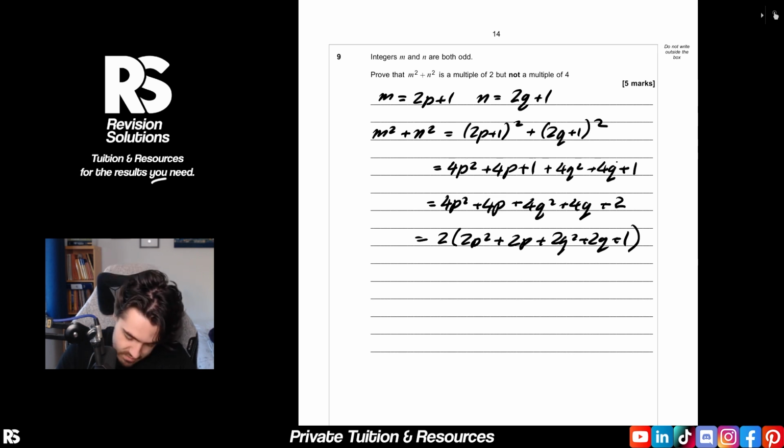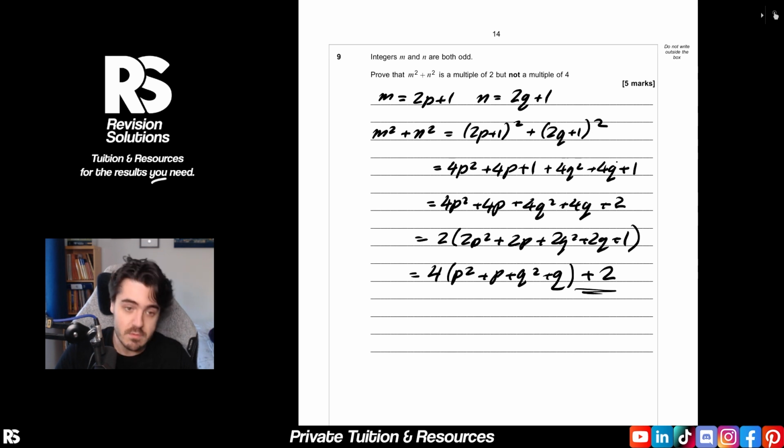i.e. it's divisible by 2. It's not a multiple of 4, though, because if we go back to this line, another thing we could write would be, if you pull out a factor of 4 from the first few things, it would be p squared plus p plus q squared plus q, and then leaving the 2 on its own. That would be a multiple of 4, but it's actually 2 more than a multiple of 4. So it's always going to be 2 more than a multiple of 4,